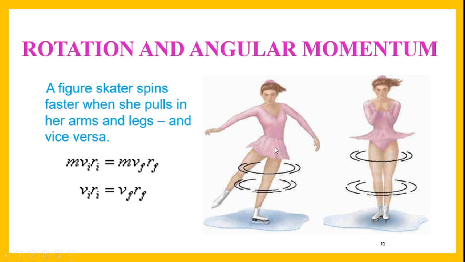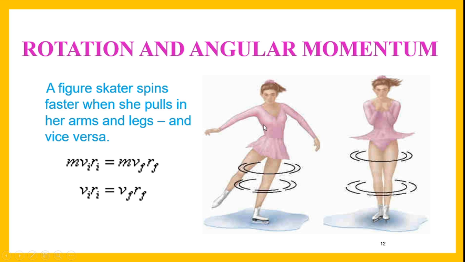speed. In the other case, if you see, as she has taken her arms inside, that is, as she has contracted her body, that means her radius of rotation has decreased, due to which angular velocity increases. So now in the second case, the figure skater moves with a much faster pace when compared to the first